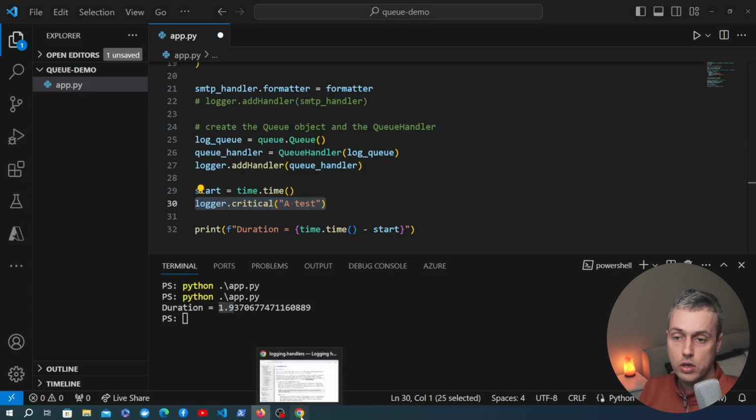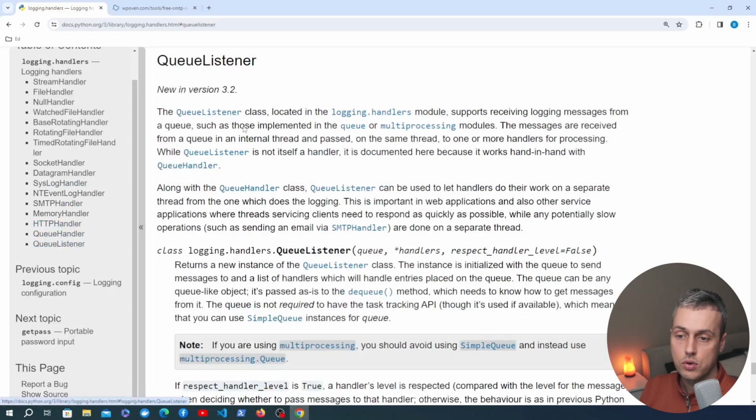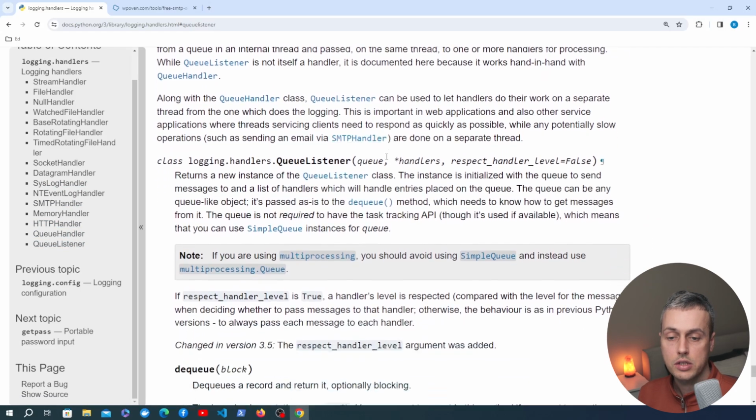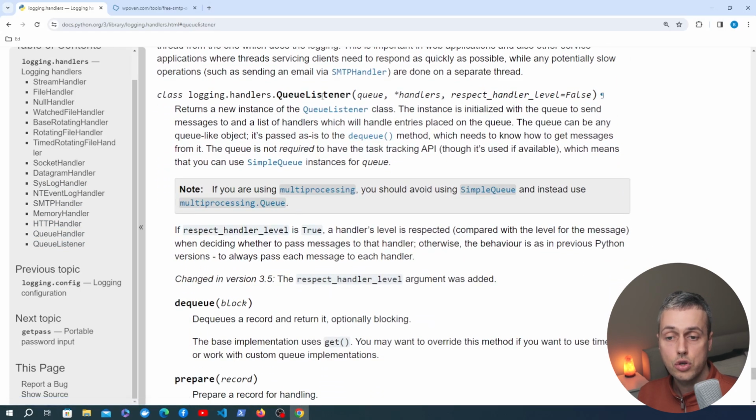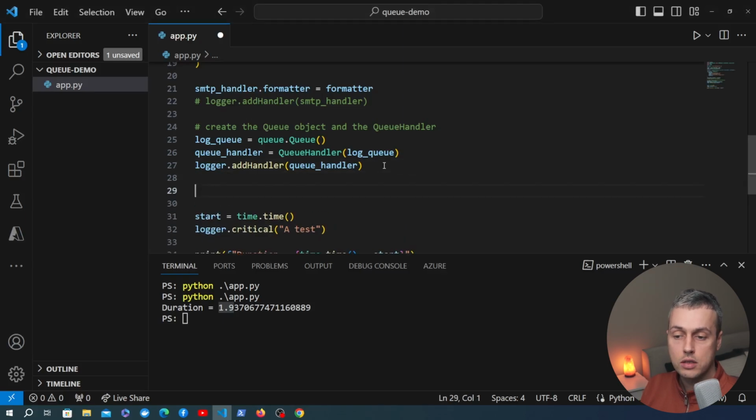Now I'm going to go back to the documentation again here, and let's go down to the QueueListener. If we go to the signature of this, you can see that the QueueListener class, when we instantiate that, we send the queue into that, and we also pass any number of handlers into the QueueListener. And these handlers are what's going to handle the log entries that are placed on the queue in the main thread of your application. So let's now go back to VS Code, and underneath the QueueHandler code,